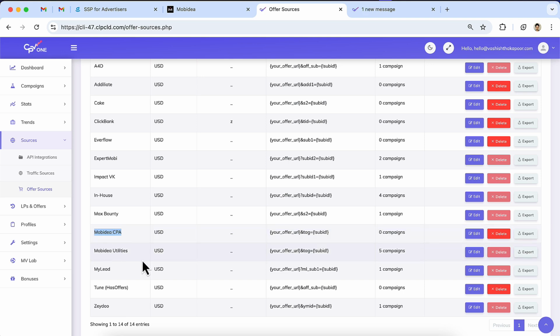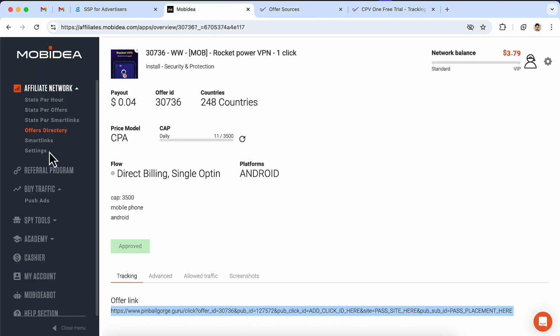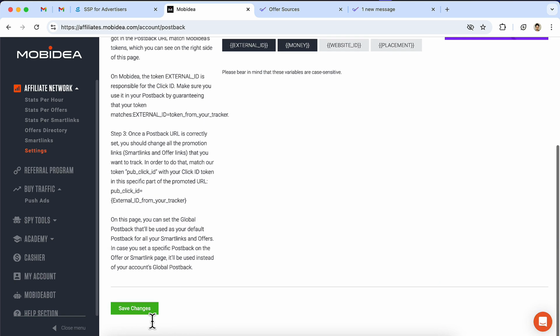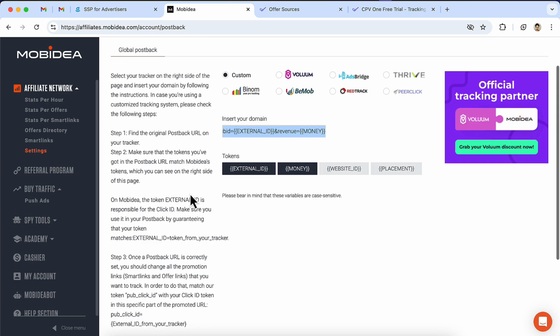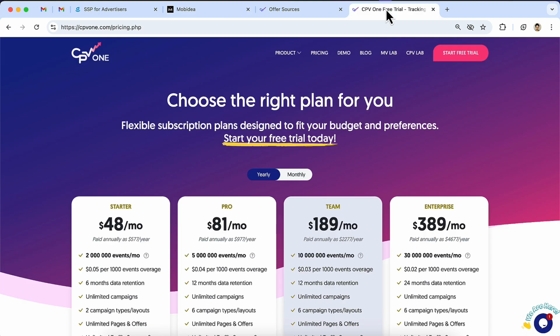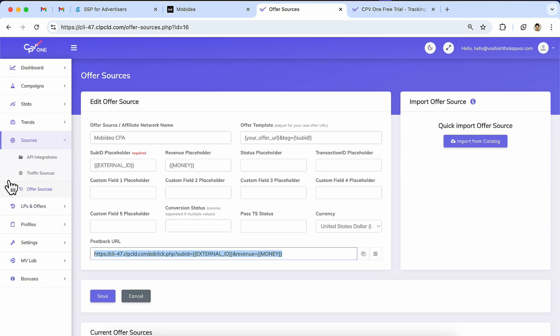The next step we need to do is click on Edit, copy the postback URL and go to Mobidea settings, and then I have to paste the postback URL here and click on Save Settings. And this is one easy step to set up the postback in our affiliate source, which is offer source.